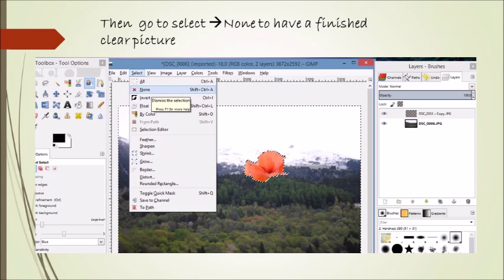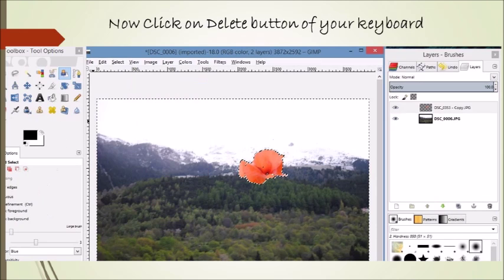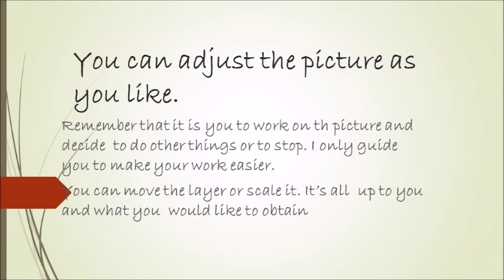At this point our picture is ready to be saved. You can also click on Select None, so you don't see the signs of the selection. You have a picture clearer. But now we are going to talk about two other operations. One is move. In case you don't like the position of the puppy, for example, or if you want to move your layer,